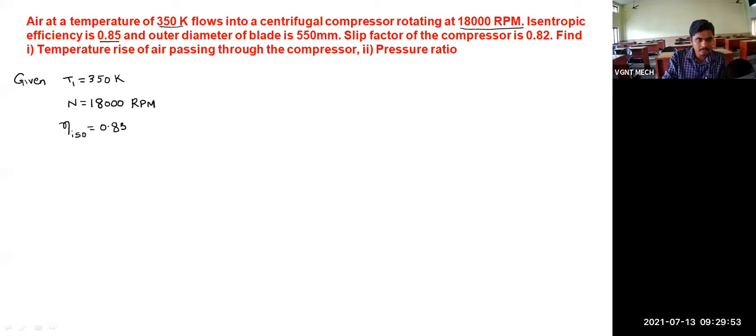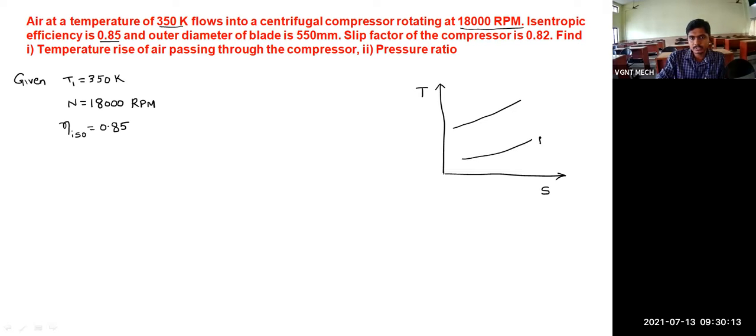And I have told you, once they mention isentropic efficiency, you have to plot the diagram. Sorry, the temperature versus entropy diagram. The Y-axis is temperature and the x-axis is entropy. The constant pressure line we will draw like this. Here the pressure is T1 and here T2, and one perpendicular line we will draw. This is not perpendicular.